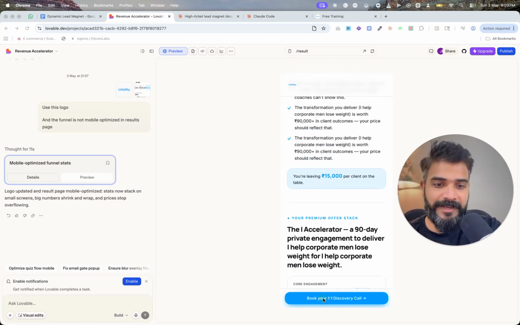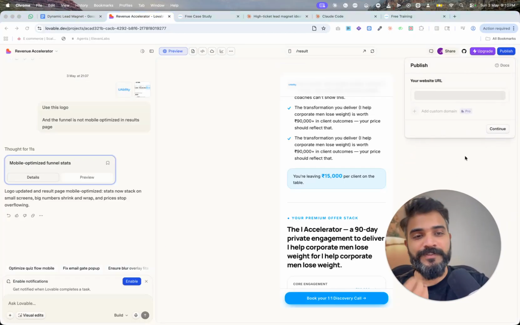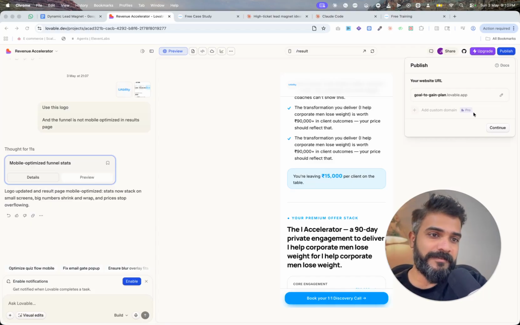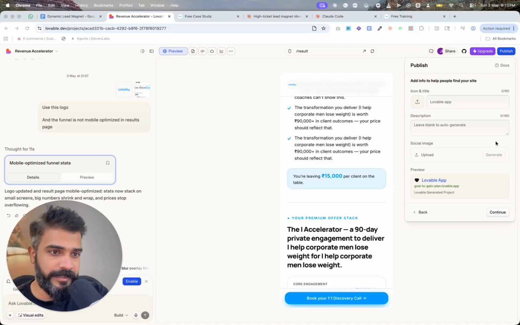Oh, they have also added like a sticky button. Fantastic. All right, so we'll hit publish, and by the way, it gives you like a Lovable URL. You can also have your custom domain if you are in pro plan. This is a free version, so we're going to do this. So just click on continue and just make it public, and you can upload, let's say,